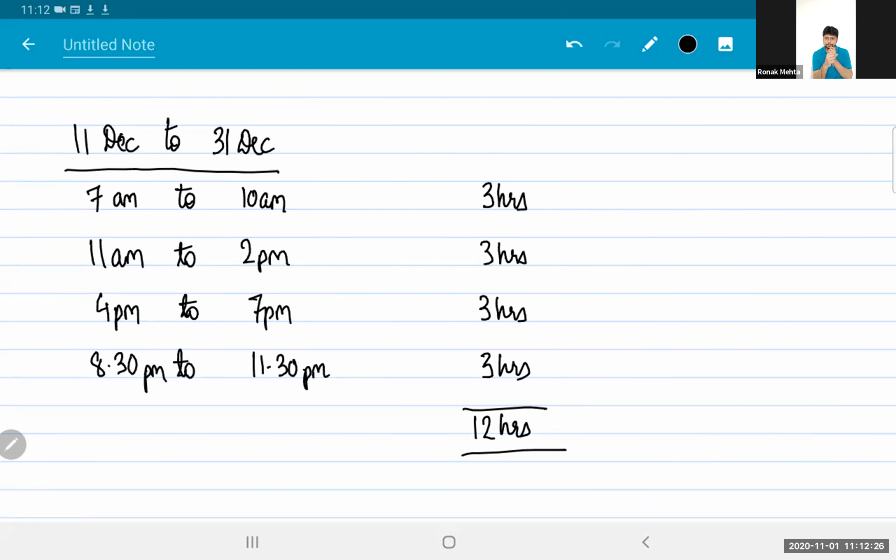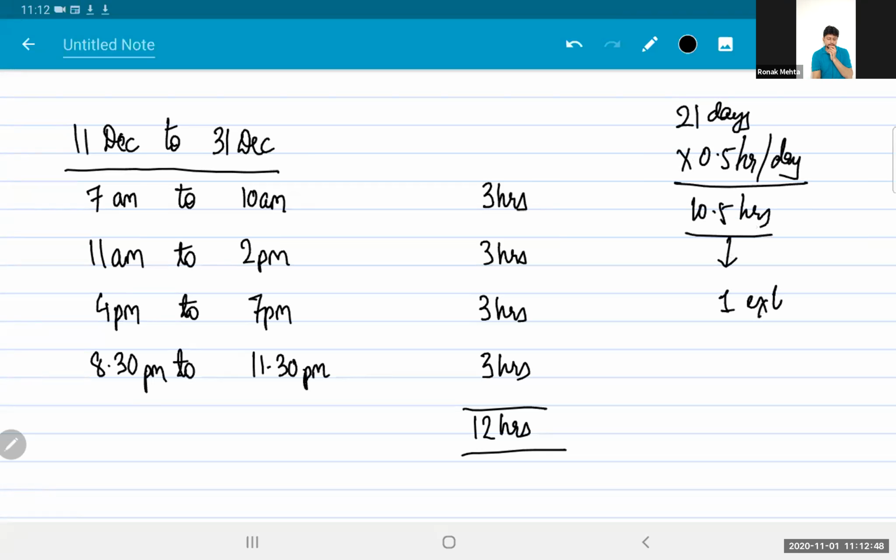Daily ka half an hour extra will matter a lot because it's not just one day that you are thinking. It is 20 days. From 11 to 31st is actually 21 days. अगर तुमको हिसाब आता है तो 21 days into 0.5 hour per day extra is 10.5 hours, which is effectively speaking one extra day. And you are aware that every extra day is going to help you in your studies.